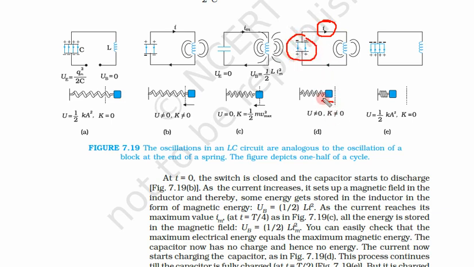Similarly here, this is now on the opposite side, that means this mass is now compressing this spring. After some time, this inductor has no magnetic field, B is equal to 0, and this capacitor is completely charged. Whole charge is again on this capacitor. But if you compare the first case and this last case, the direction of charge is reversed. Here this side is positive, this side is negative; now this side is negative, this side is positive. So now the inductor has completely charged the capacitor. Now the cycle will repeat once again.